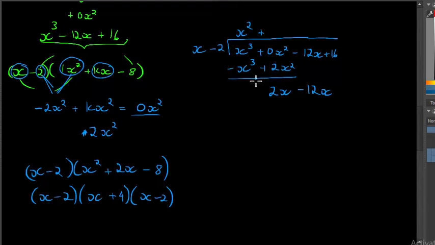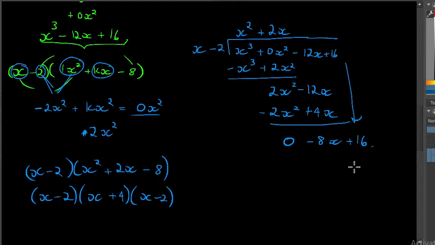Okay, and so let me just show you, I get the same thing here. x divides into there plus 2x times, and then when I multiply it back, I get 2x squared minus 4x, and then if I subtract it, change the signs, I get 0 minus 8x, bring down the 16 plus 16, divide it for a last time, I get negative 8, multiply it back, I get negative 8x, positive 16, and then when my signs change,